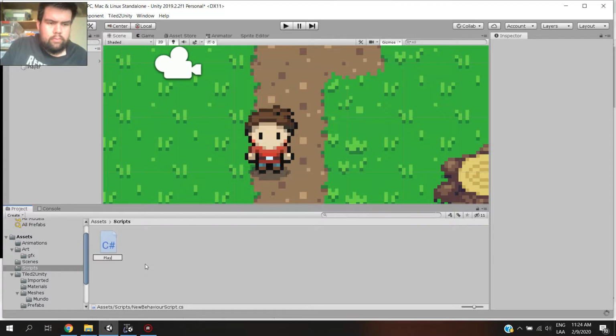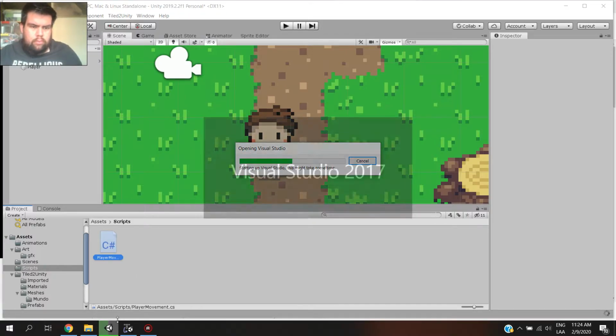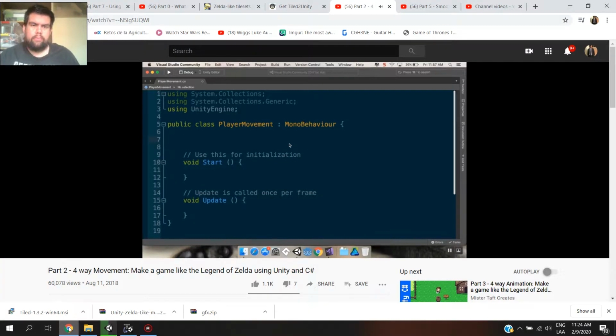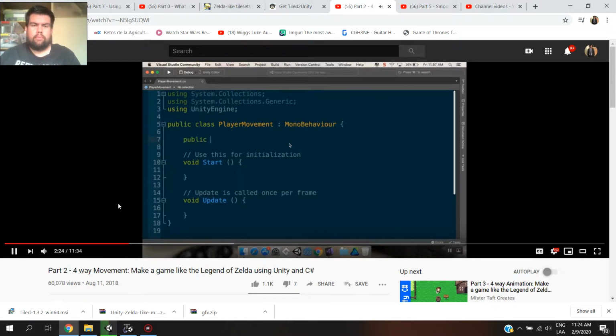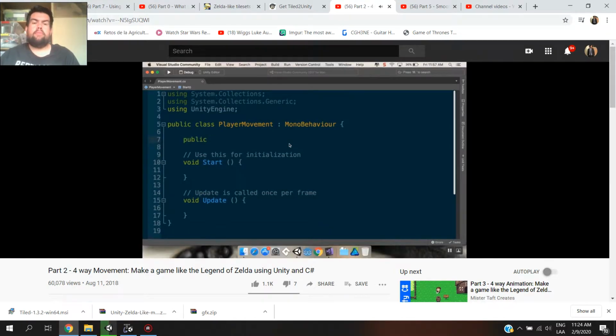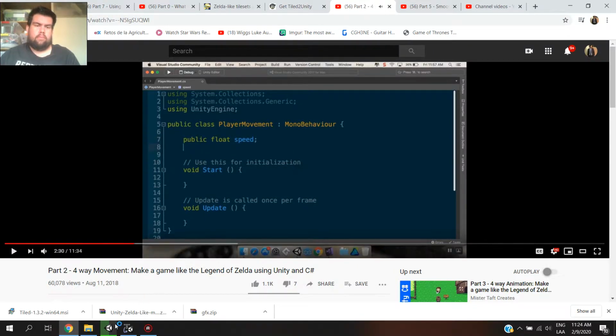Alright, so here we are in Visual Studio. I'm going to embiggen this a little bit here so that everybody can see what's going on. So first I want to create a variable for how fast the player is moving. I'm going to make this public so I can change it from the inspector. This is going to be a public float speed. The next thing